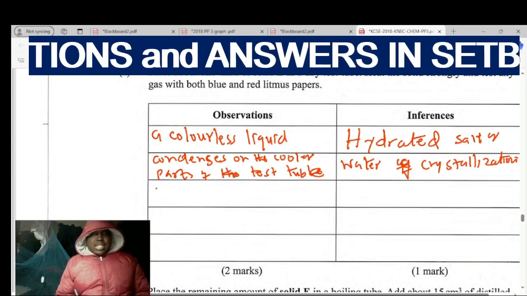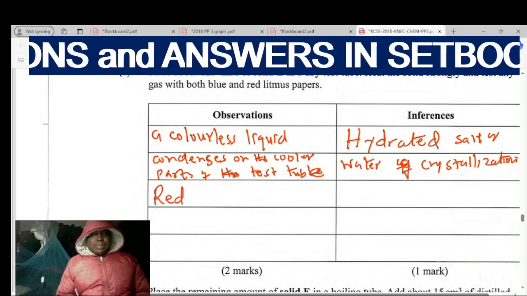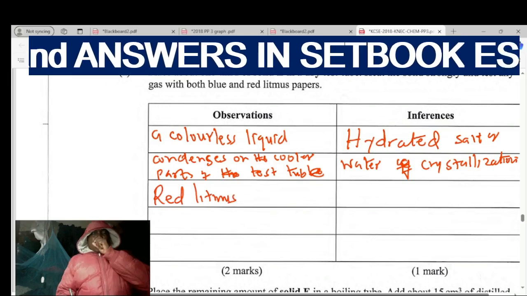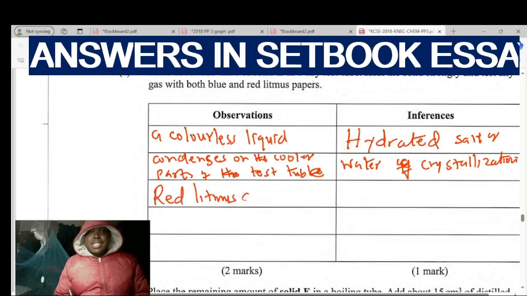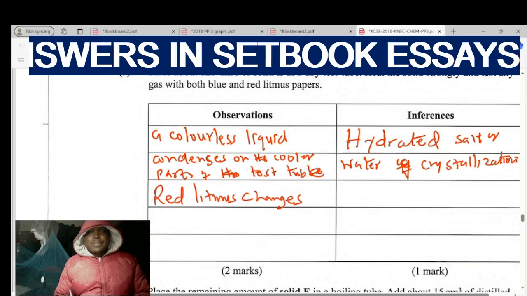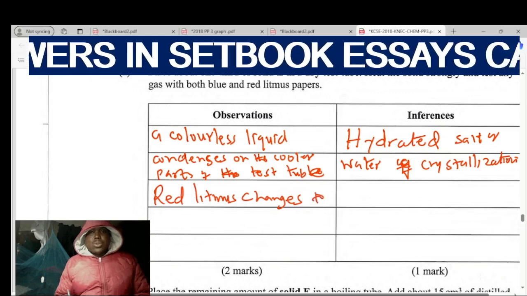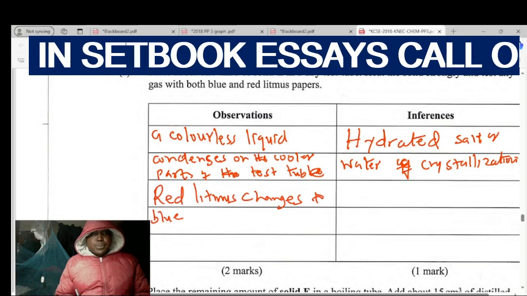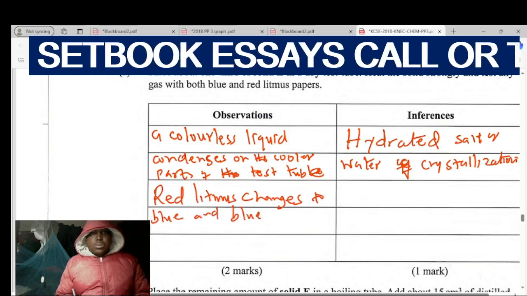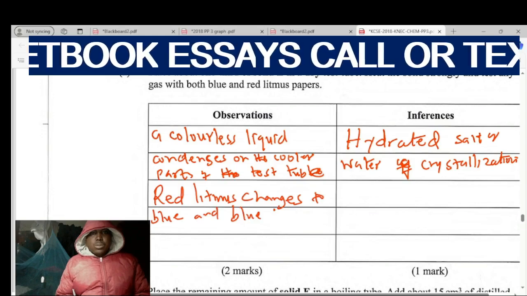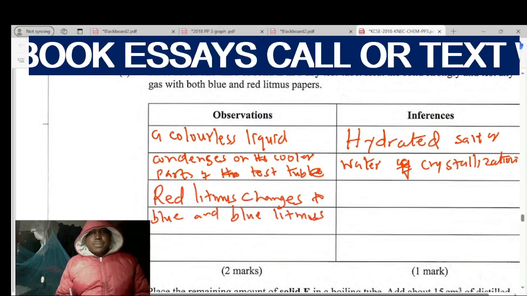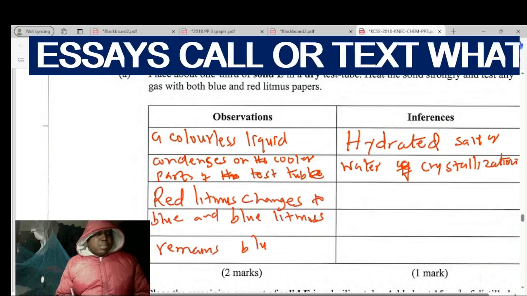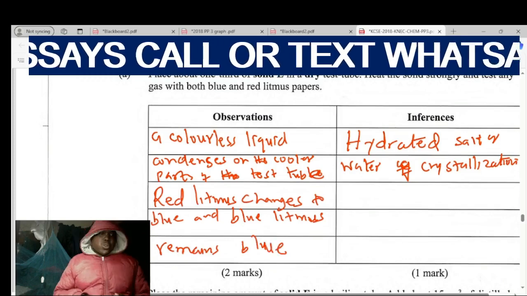So the observation is that the red litmus changes. Don't write a tan, but write changes to blue, and blue litmus remains blue. So if that is the case, then it means the gas that was produced was a base,